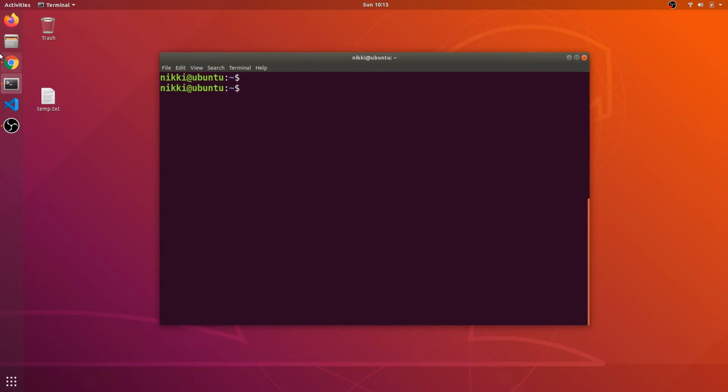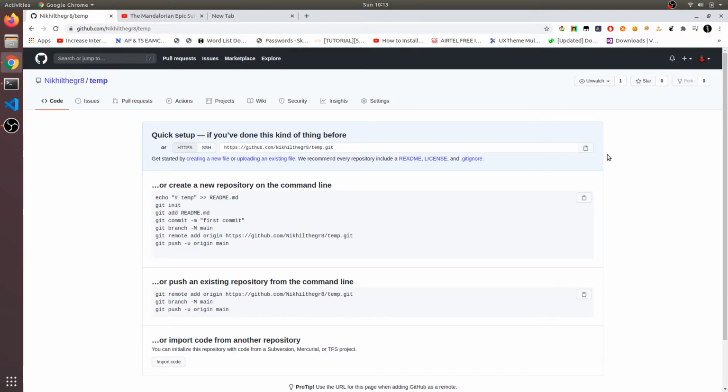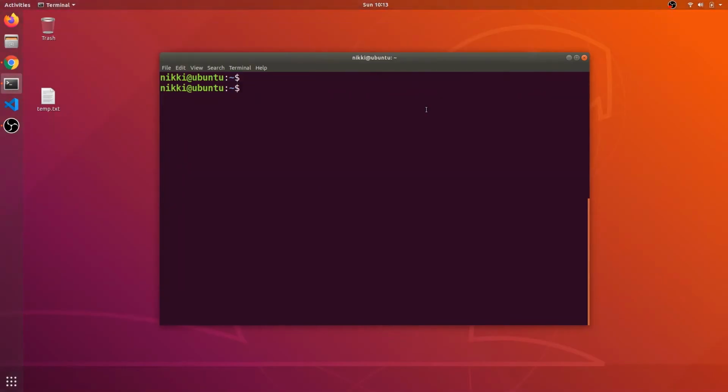Let us focus on cloning this repository. I have this empty repository here, with no files in my temp repository. If I want to clone this, I just copy this URL and say git clone and then the URL here.